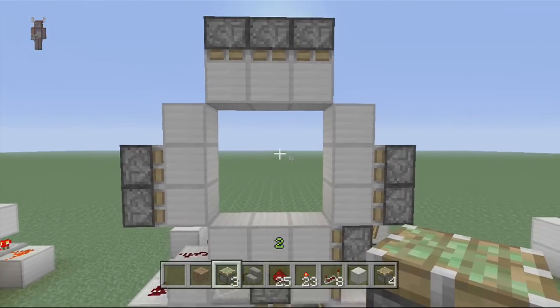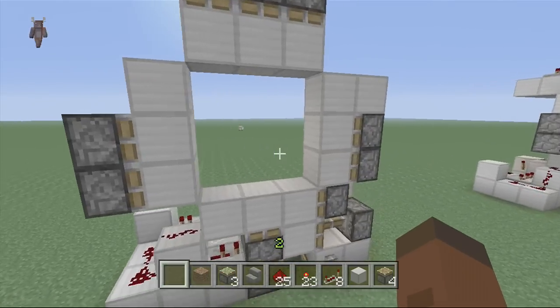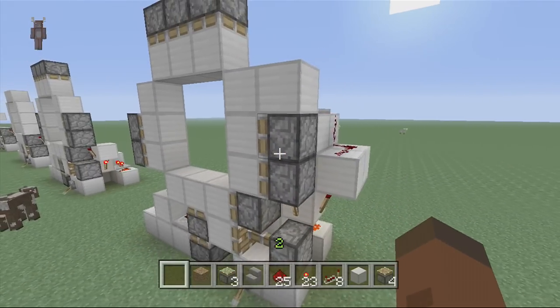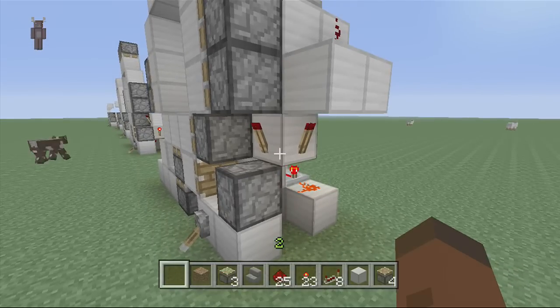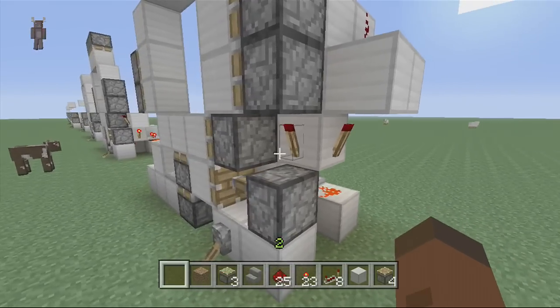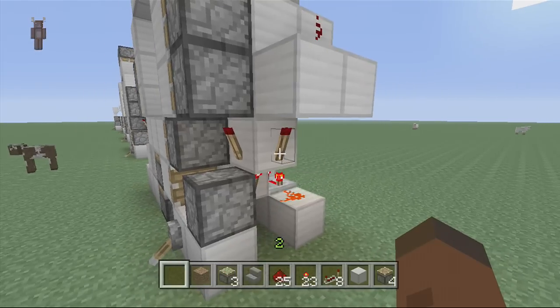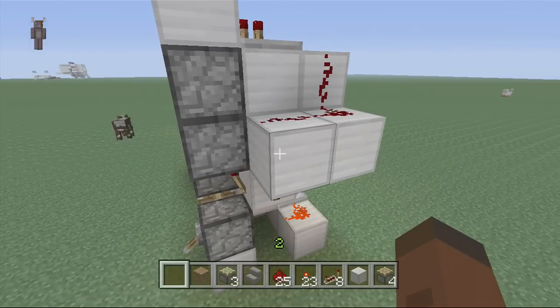Alright, so now that you have all your sticky pistons placed, we're going to want to come over and start wiring the right side of the doorway. So you'll notice the very first thing is placing a torch, another torch on this block. It already has a torch on it, so you're going to want to place another. Come over here, place a block above that,